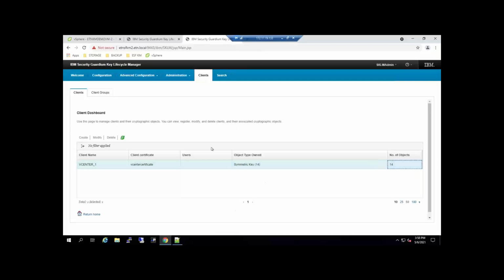Okay, as you see, there are 14 objects, so it's exactly the same on both sides, and that's how it works. It's quite simple, very fast to set up, configure and install. So there is no rocket science on the configuration side. That's why I think it's a really great feature.